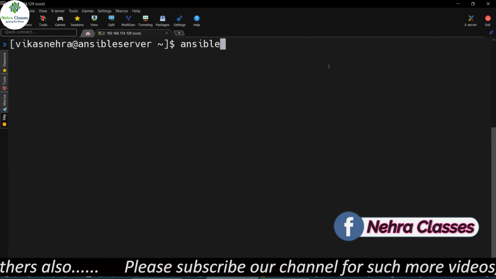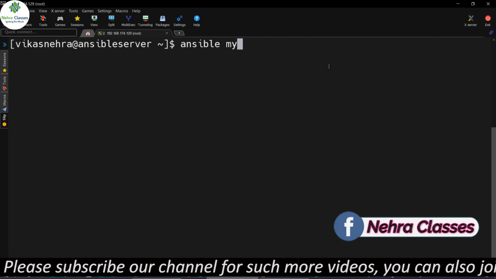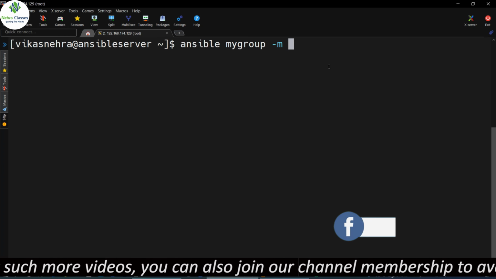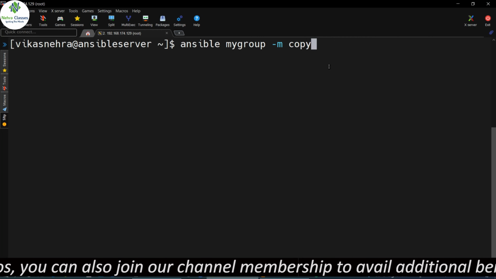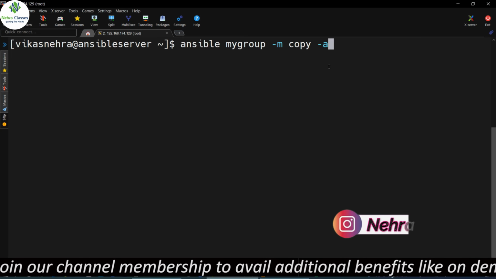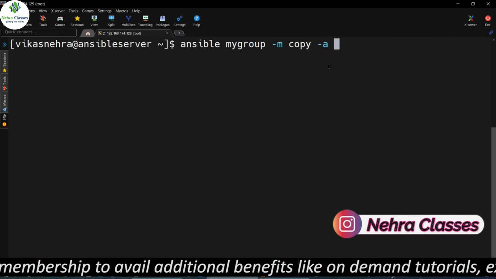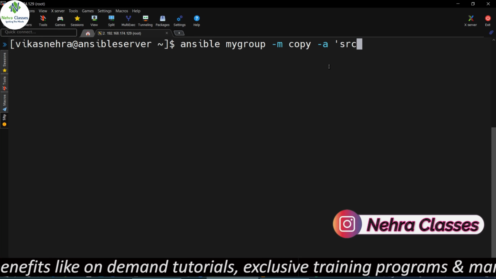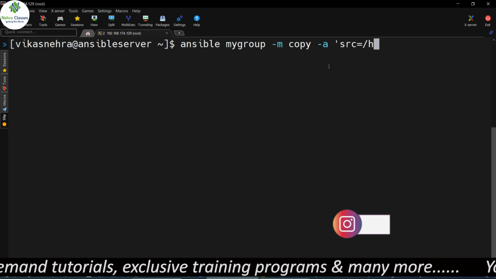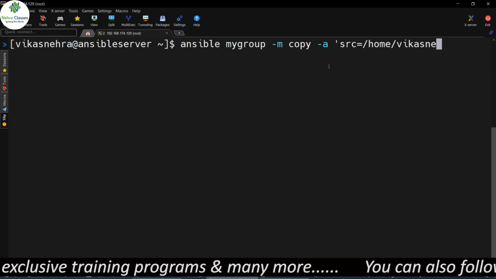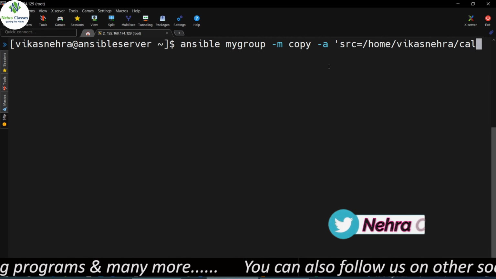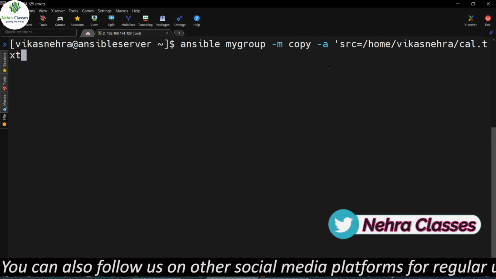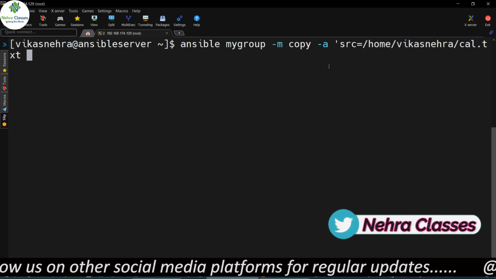So I will use the ansible command, ansible my group. After that the module name with option -m, and for the module name I will write copy. Then I will mention the argument with option -a, and in quotes I will mention the source path first. Source is equal to /home/Vikas Nehra/cal.txt, which is the name of the file, and after that I will give one space and mention the destination path.